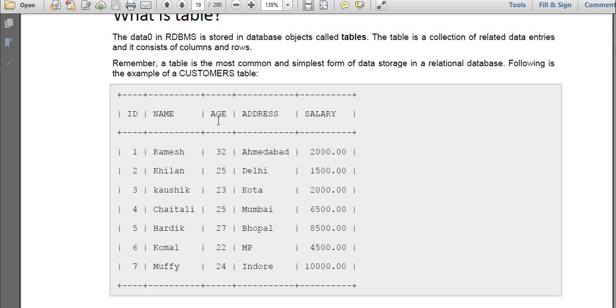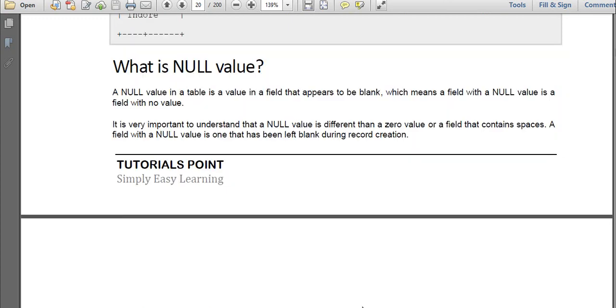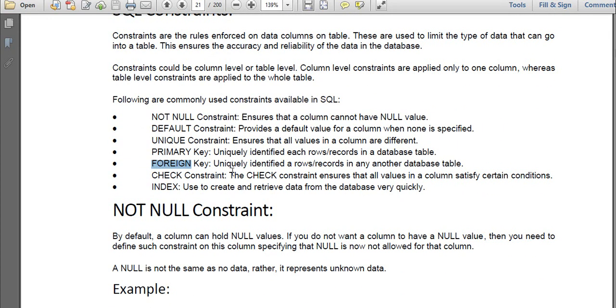If I enter a value like 54, okay, now my greatest limit is 50 and lowest limit is 18. It is satisfying one condition, that is greater than 18, but it is not satisfying the other condition, which is less than 50. If I enter 54, it won't accept that value into that cell. So checking the condition at the time of entering values is considered a check constraint. The check constraint ensures that the value of a column satisfies certain conditions. So how many constraints do we have? Not null constraint, default constraint, unique constraint, primary key constraint, foreign key constraint, check constraint.